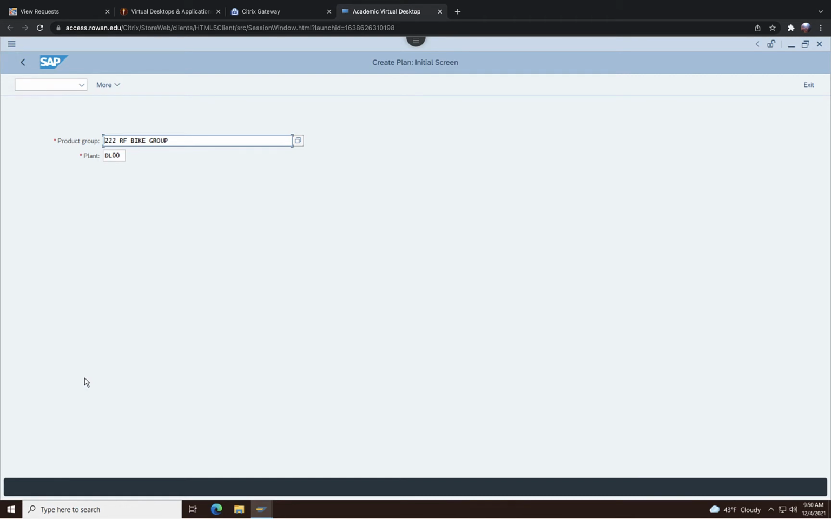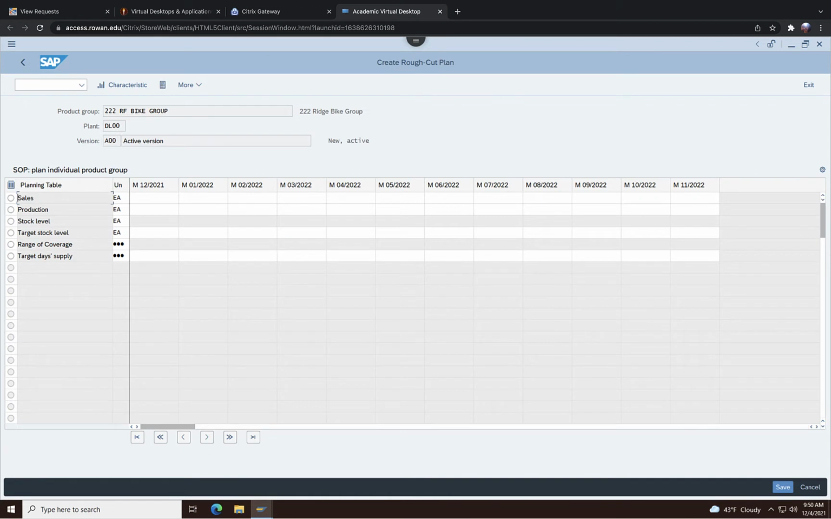And you are now able to see what group of product you're going to be using to create the plan for that, right? So my identification number 222 is there, and then the plant is DL00. Hit enter, and you came to this part where you will be able to now start your forecasting process for this product